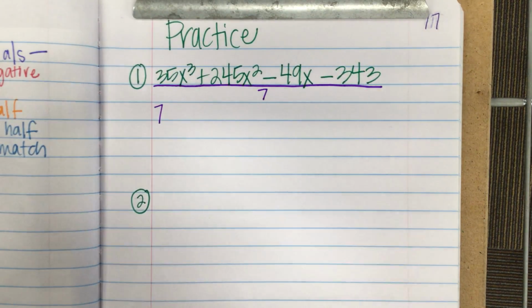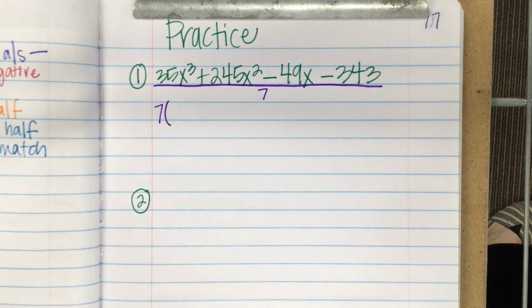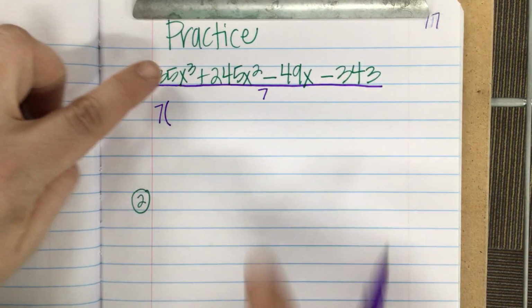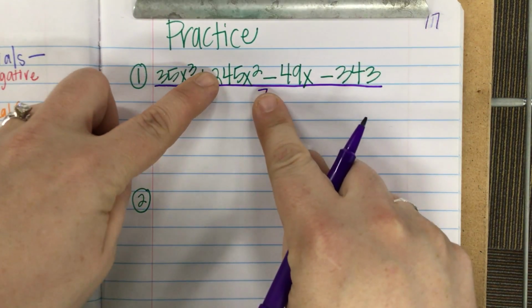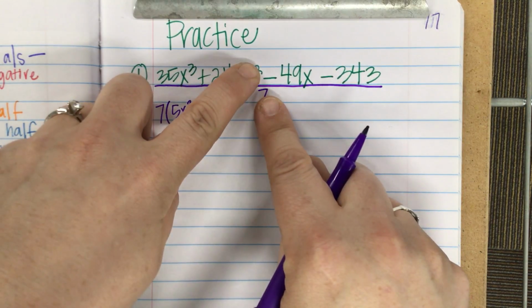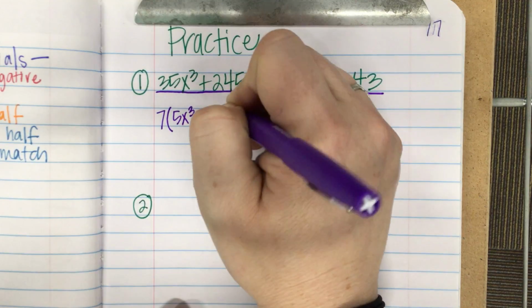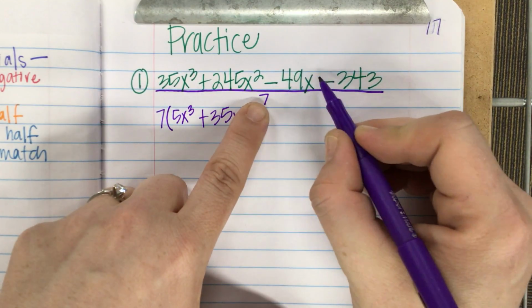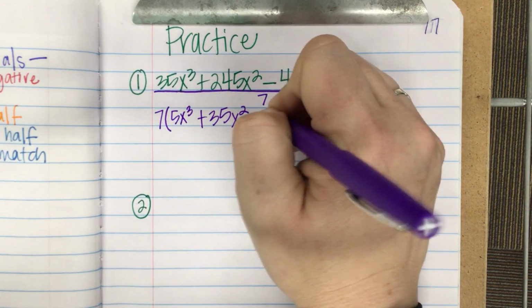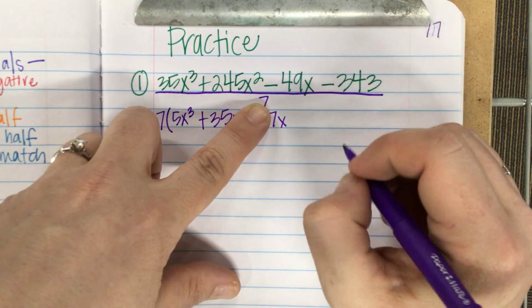I have 7. What's 35x to the third divided by 7? What is left over? 5x to the third. 245x squared divided by 7 is much more manageable. Negative 49x divided by 7 is, and negative 343 divided by 7 is,